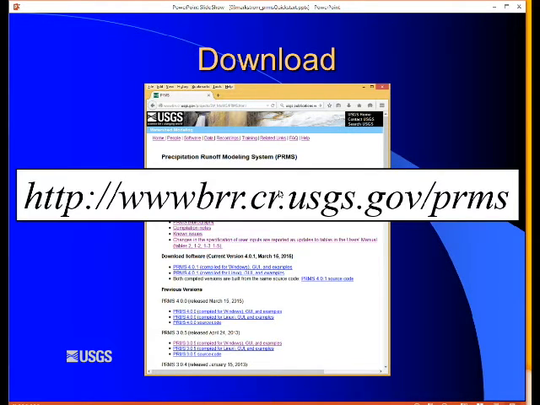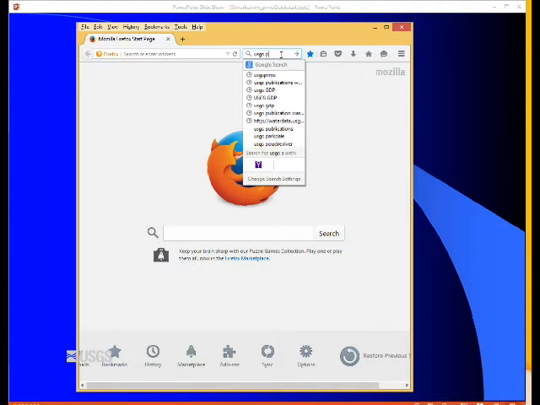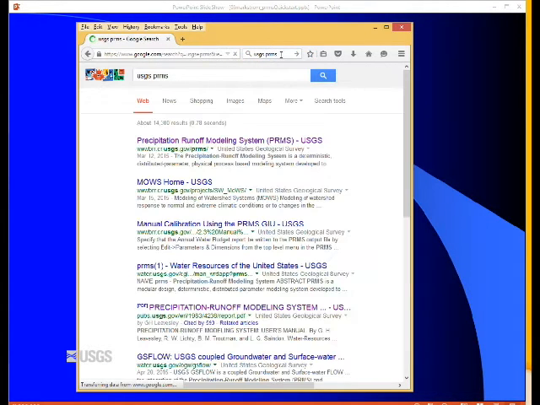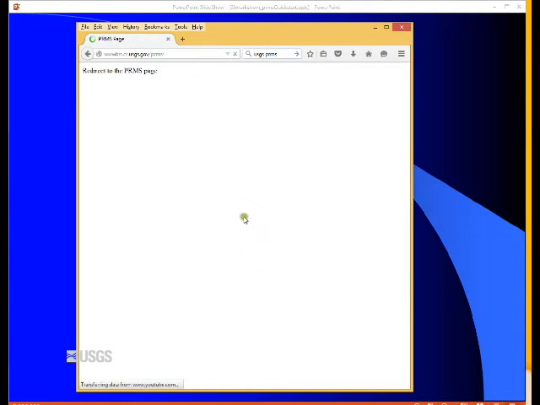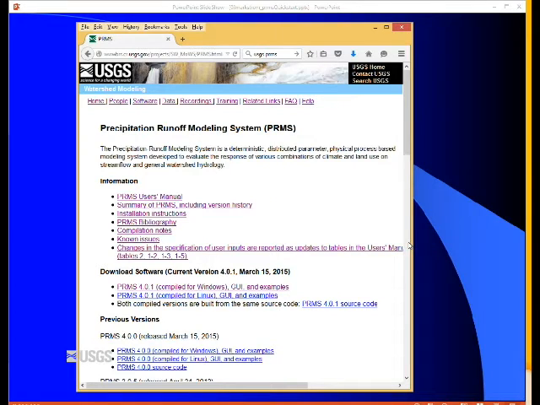Here's the URL for our web page, the PRMS web page. I'm going to do a live demo. The first thing I'll do is go to the PRMS web page. Okay, click on that and save the file. Okay, that's it. It's downloaded.